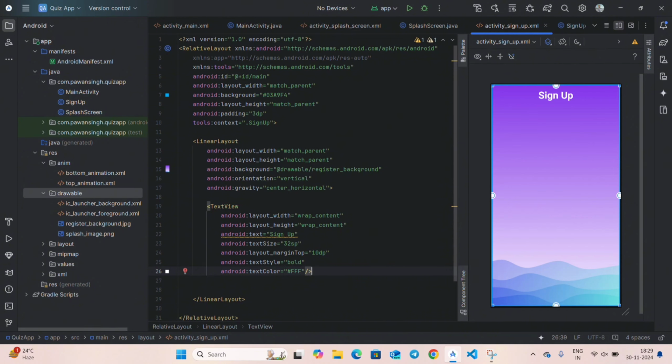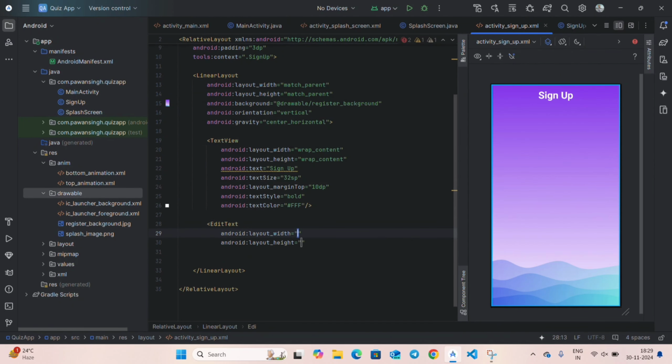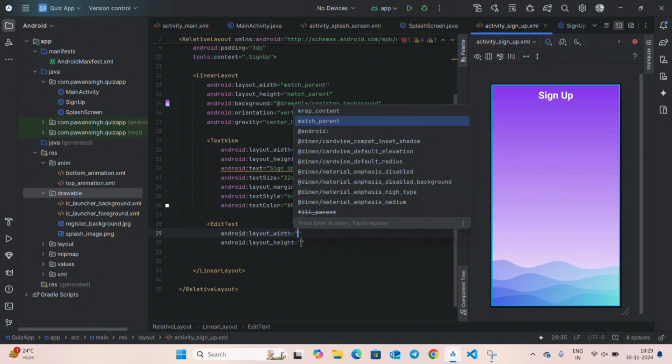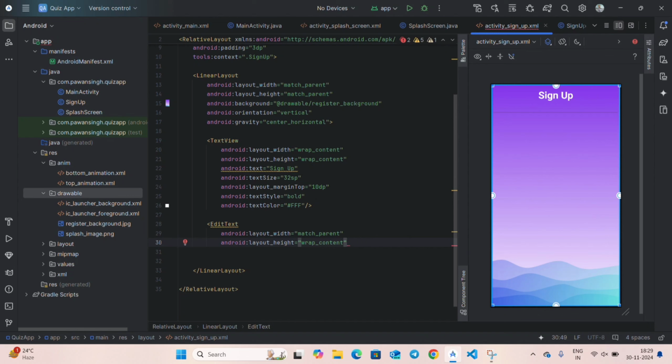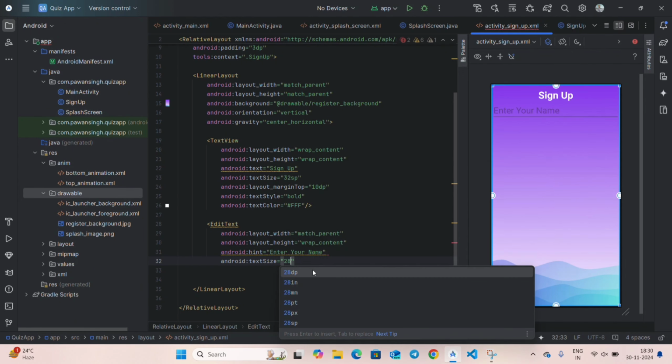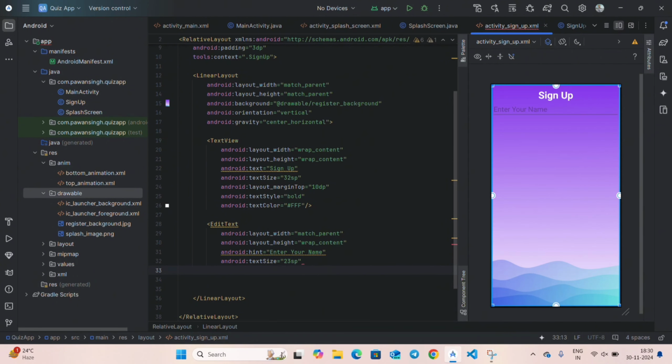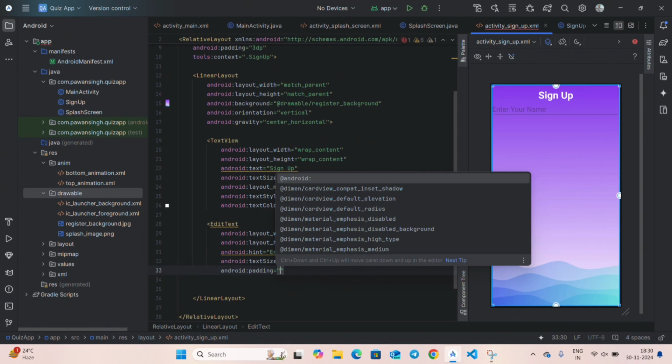And from the next line, we will use a new tag with edit text. This will be used for taking input from the user. Make it match parent and wrap content, and give it a hint of enter your name, or you can simply write name. And in the next line, give it a text size of 23 sp, and in the next line, give it a padding of 10 dp,